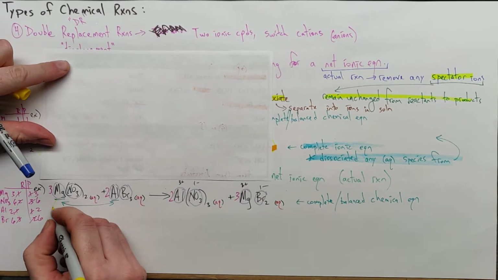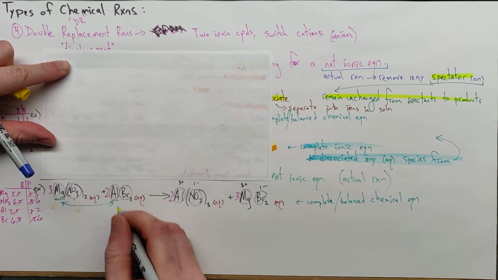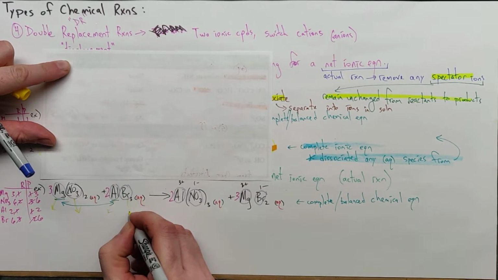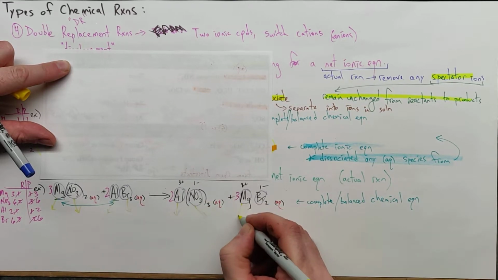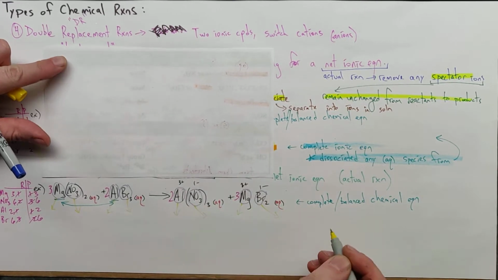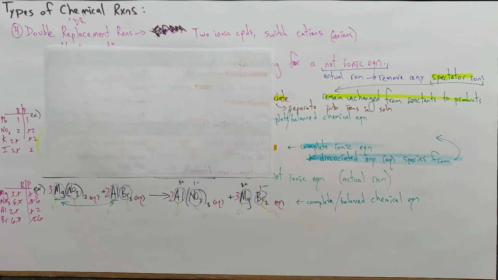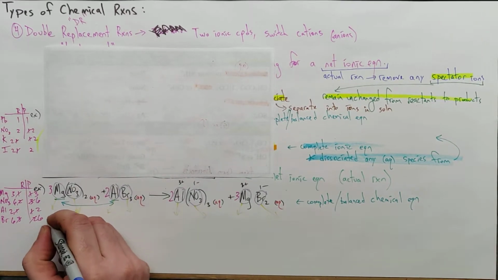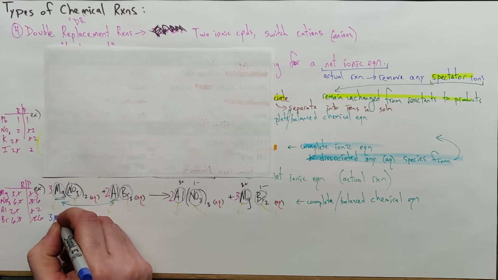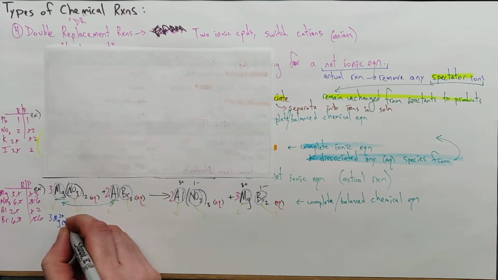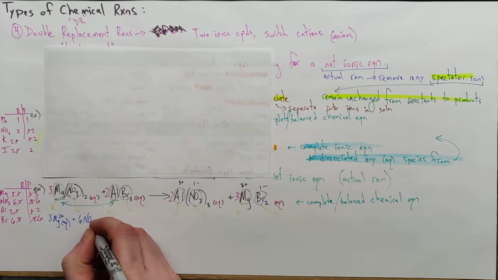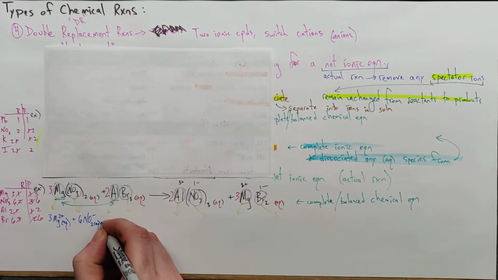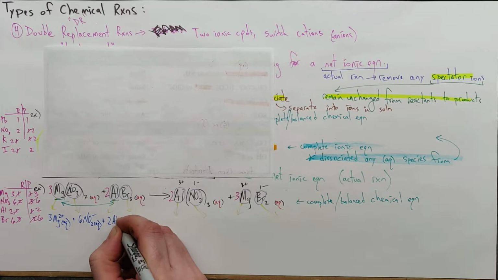The magnesium and the nitrate. The aluminum and the bromide. The aluminum and the nitrate. The magnesium and the bromide. Let's see if I budgeted my space a little bit better. We've got 3 magnesium ions. Those are aqueous, all right? And I've got 2 times 3 is 6 nitrates. That's aqueous. I've got 2 aluminum ions